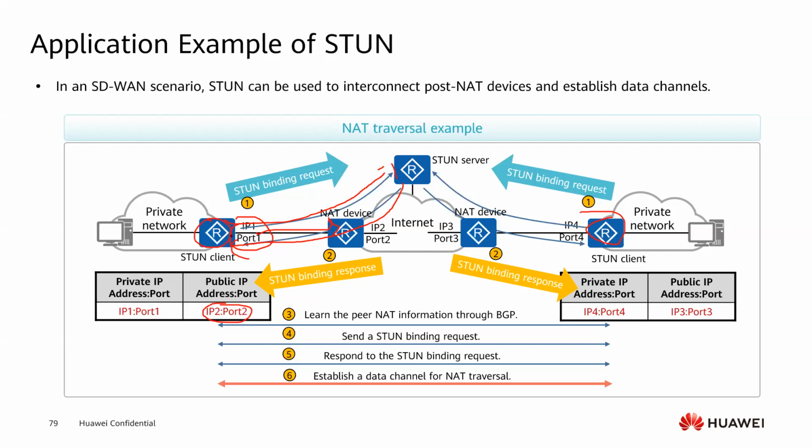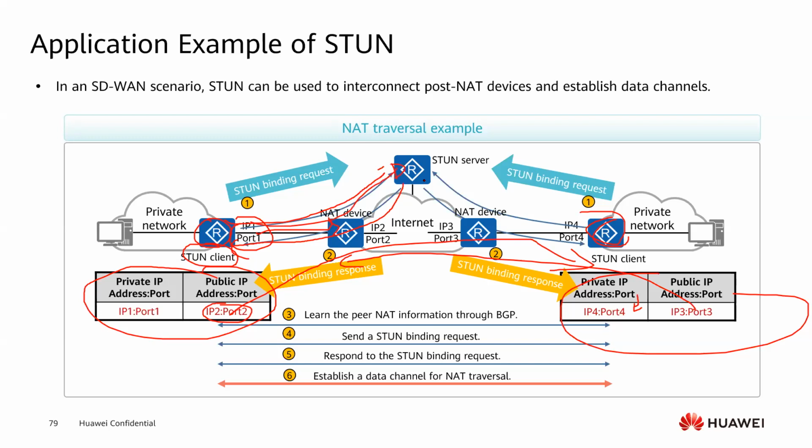Then all the devices will know, and the STUN client will forward this information to the other side. They actually forward it through a STUN server, and the STUN server forwards it. But anyway,